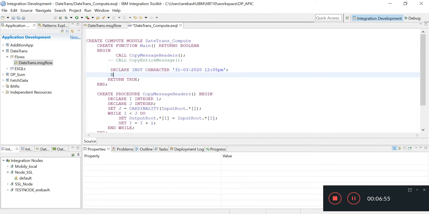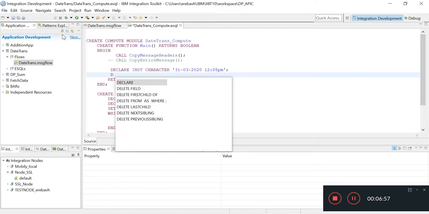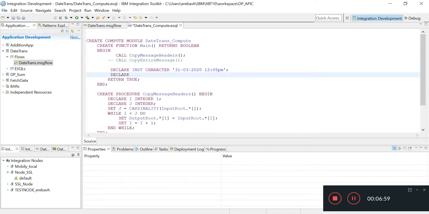Next we will declare the input date format as a character. So friends, you can see here 31/03/2020.